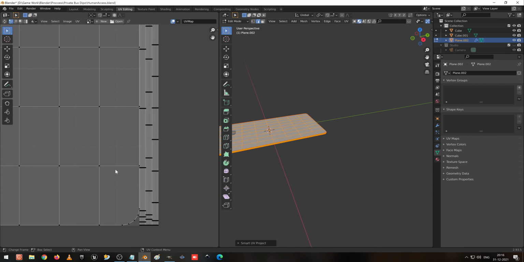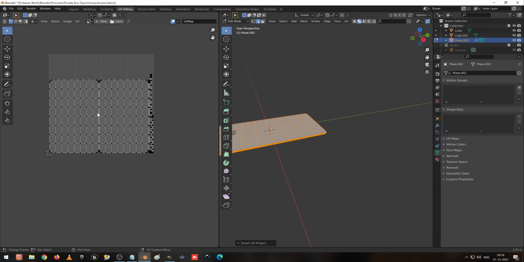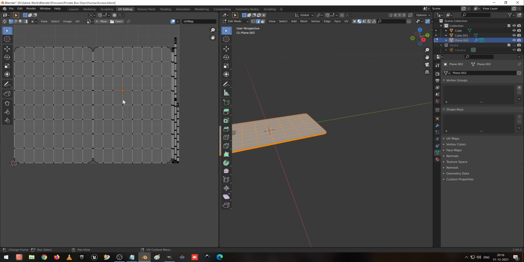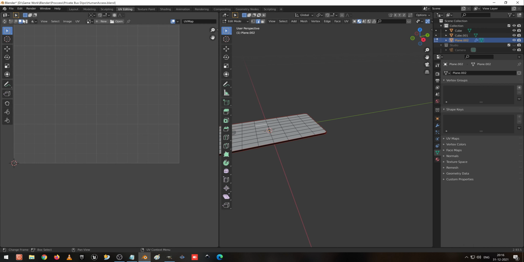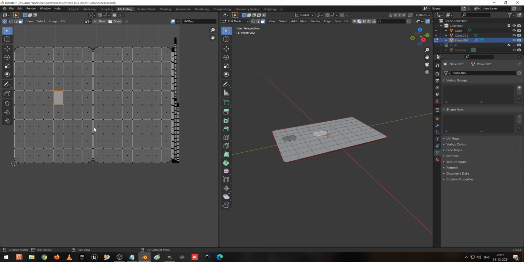So now it has been okay, I missed out. Select everything, U to unwrap, smart UV project, 0.020 and I press OK. So now it has been created well for us. I press 3 on the keyboard and select everything. So I go to the face selection using 3, and now we are able to see this is the top, which is required for us.